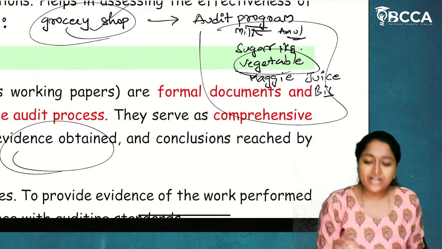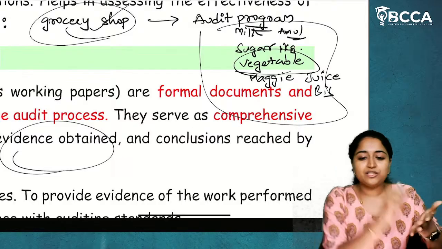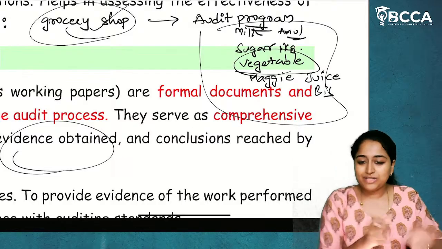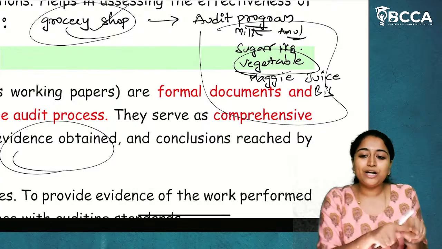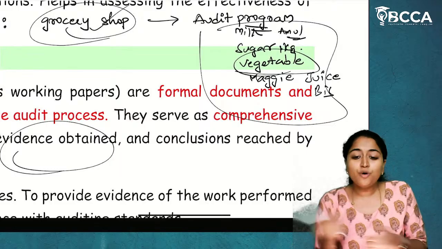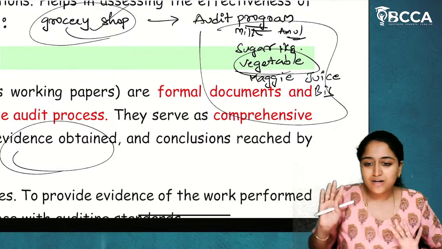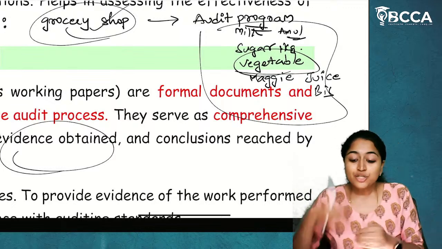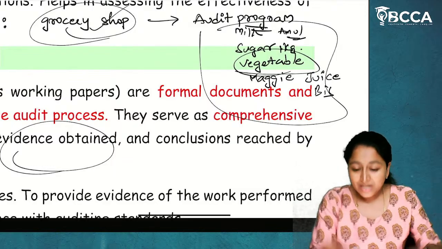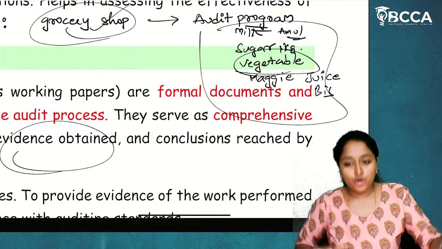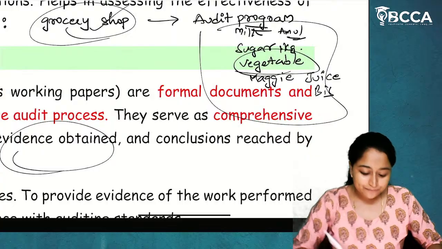Next, you will go for vegetable shopping. So what all vegetables did your mama ask for? Your mama asked for onions, tomatoes, potatoes and all that. Now, instead of potatoes, you bought the brinjal. Why? Because potatoes are not good in that particular shop. So what will you take? You will take a photograph. Potatoes are damaged, because of which I have taken the brinjal. So you will write that. So as an evidence collection, as a proof of doing the work, the auditor will maintain a formal document which is called audit working papers. I hope it is clear.